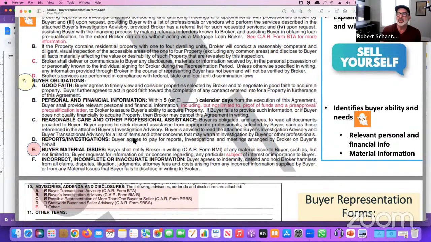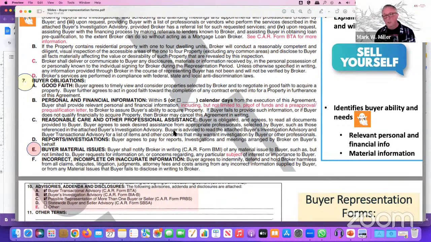So 7E, buyer material issues. That basically is what's important to a buyer. So what could be important to a buyer? Well, they don't want to be close to a freeway, or they don't want to look at homes that have septic tanks. Or I don't want to have overhead power lines over my head in my backyard. These are issues that you have to talk to the buyer about. And there's a form, BMI, buyer material issues, that you can give them and have them complete for the things that are real deal breakers for them,